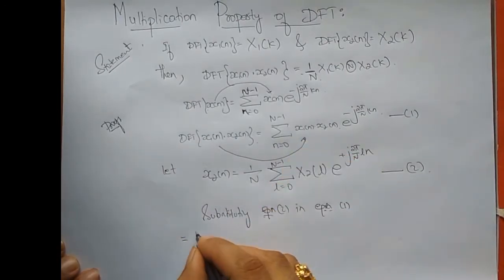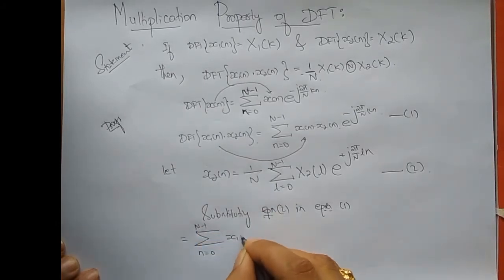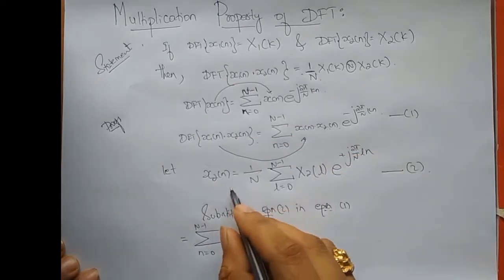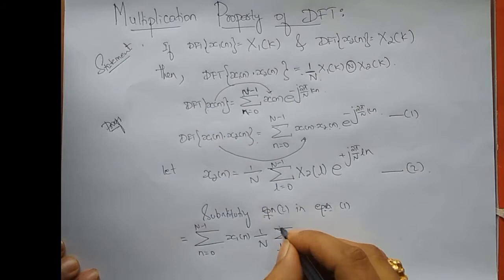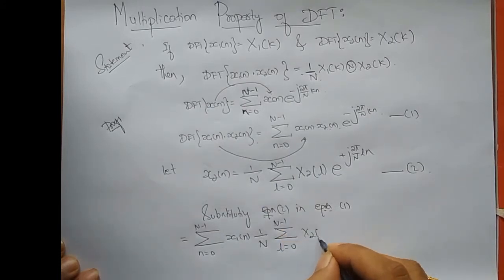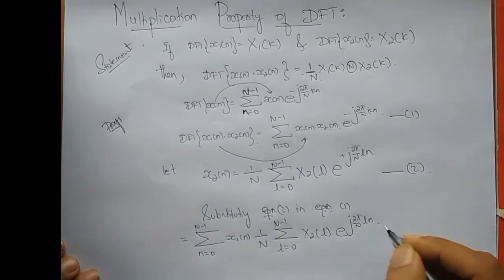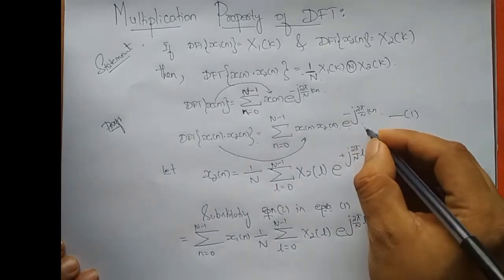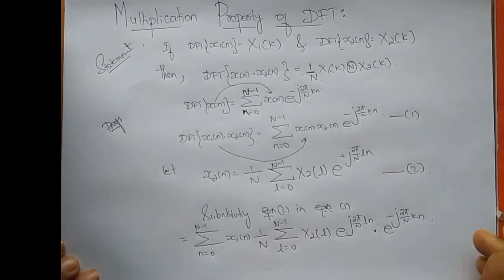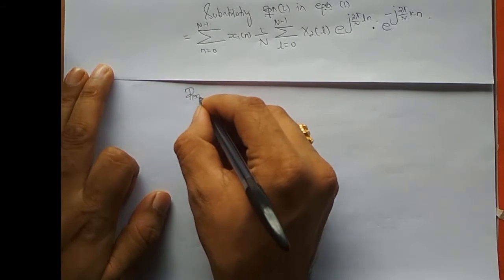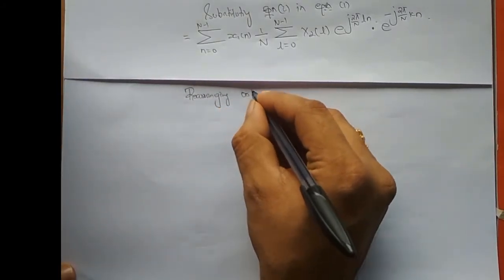what do we have as the right hand side? Summation n varying from 0 to N minus 1 of x1 of n, and instead of writing x2 of n I'll write this equation, which is 1 by N into summation L varying from 0 to N minus 1 of X2 of L e power j 2 pi by N into L into n, into the left out term, e power minus j 2 pi by N into k into n. So rearranging the order of summation,